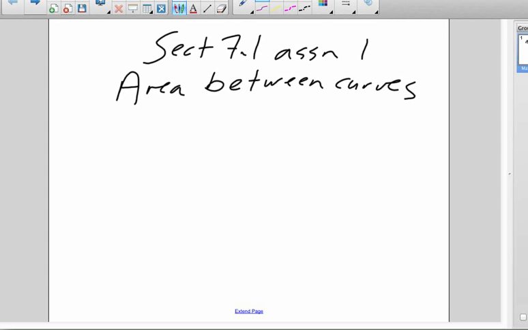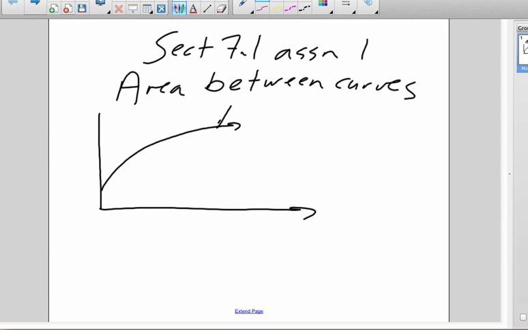Okay, so area between curves. Let's take a look at what we're dealing with. I've got two functions. This is f of x. And I've got another one here, which we will call g of x. As you can see, it's a straight line. And the area between these two curves is right here, shaded in red. And you notice we intersect at 2 points, A